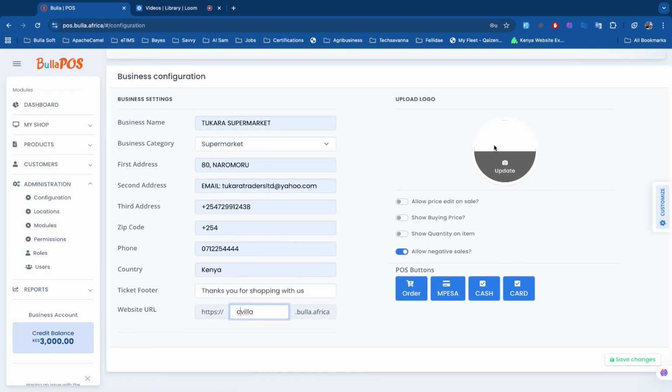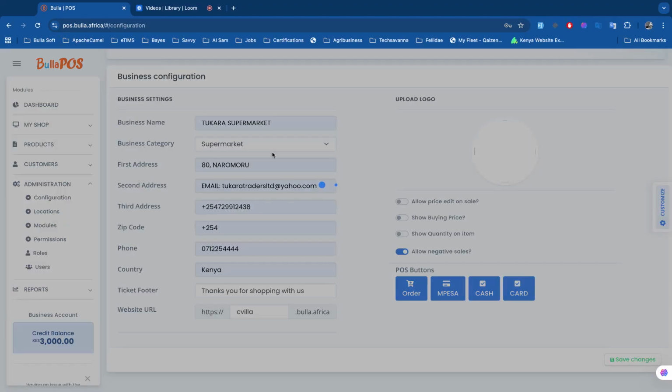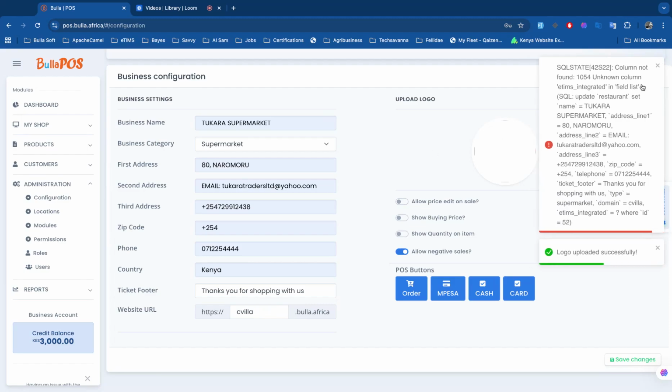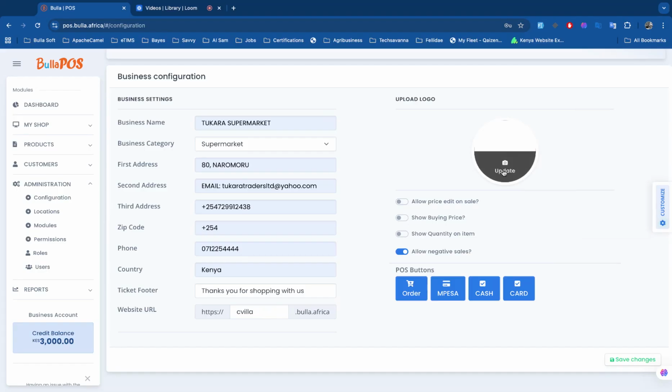And then here you need to upload your logo. So you can pick a logo from my computer. I can just select any for now. Let's say I select this one for Bulla. Alright, let me select something like that. So that's my logo. Alright, so there is an issue, but once that's sorted, we'll just have this logo updated. I'll check out the error, and then once the logo is updated,